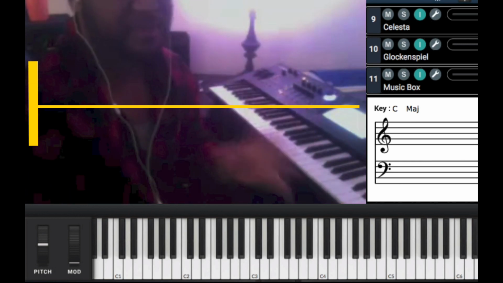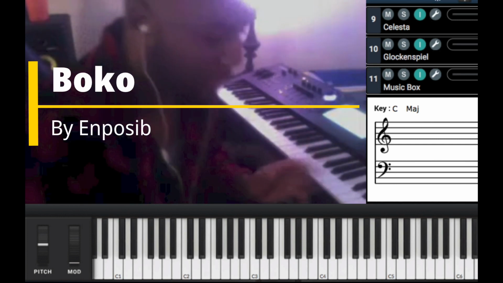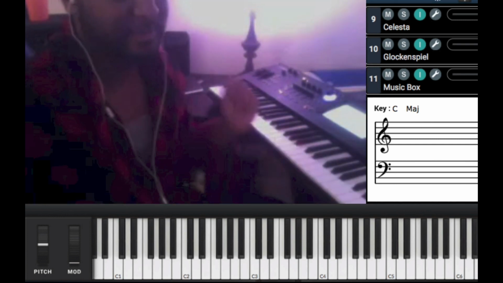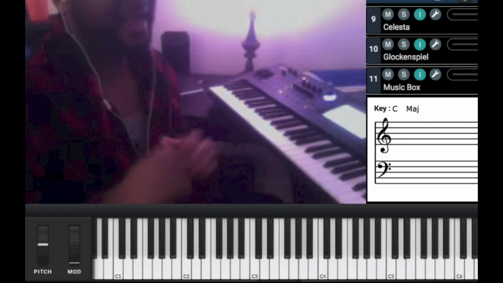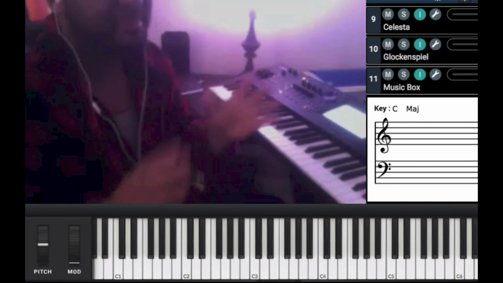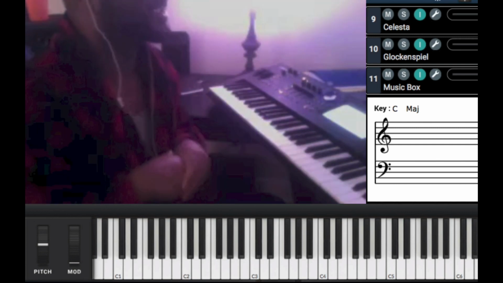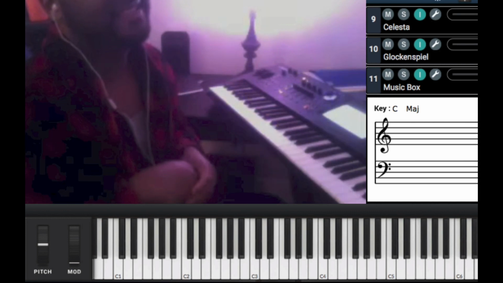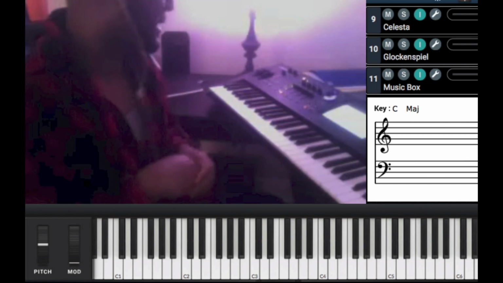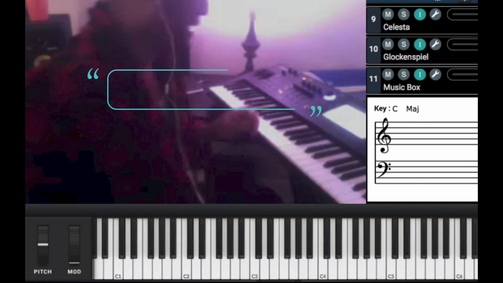Guys, I received a request to do Boko by Enposib. That song Boko. Now I'm not gonna lie, I'm not into that type of word or whatever, but the song is hard. It's a beautiful song. I found out it's in the key of B, so